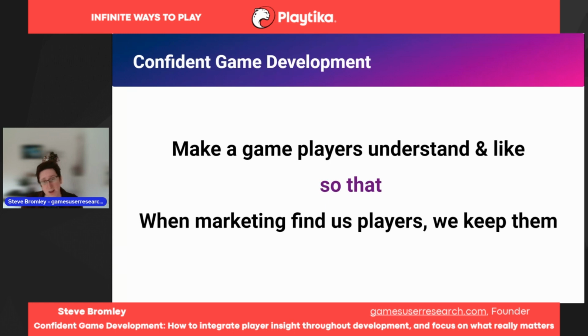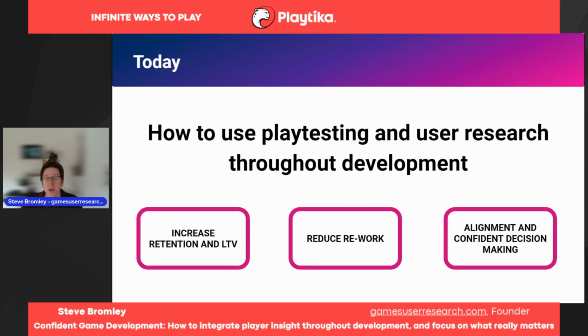Talking about mobile specifically, this is particularly important for mobile games. Acquisition costs are so high in this area, and typically less than 10% of players make it to day 5 of playing a new game. Moving the dial just a little bit on how many players get through that first week successfully will be hugely impactful on the success of your game overall. And so today we're going to talk about how to do that.